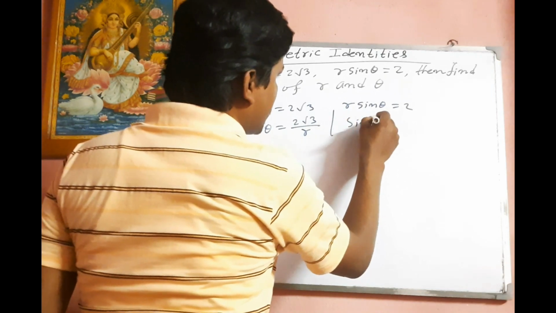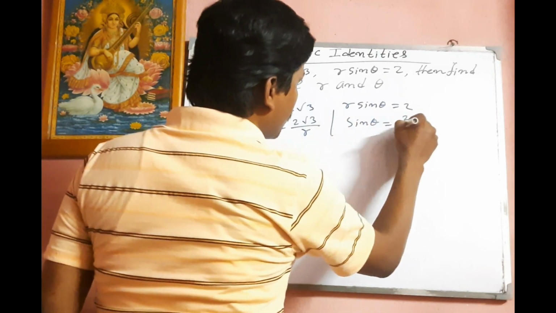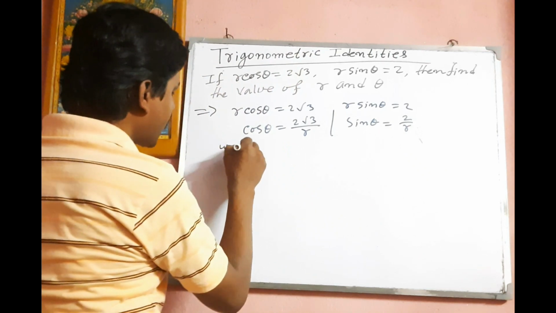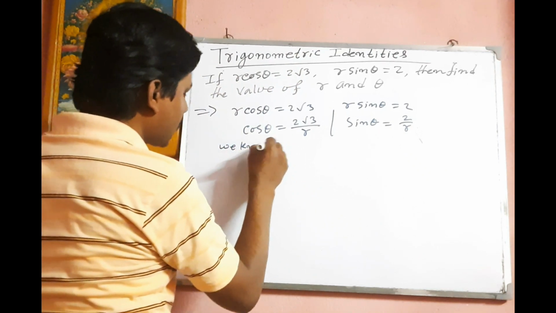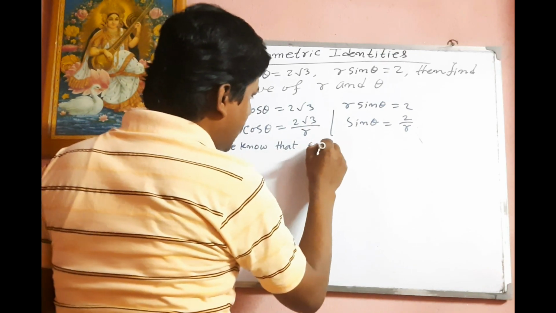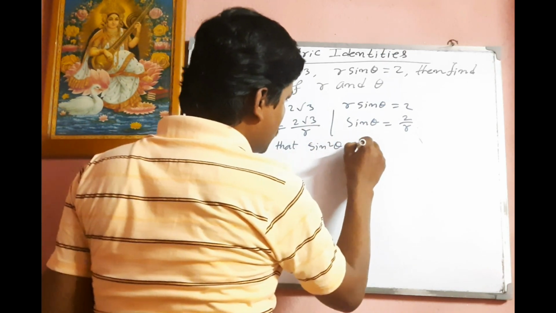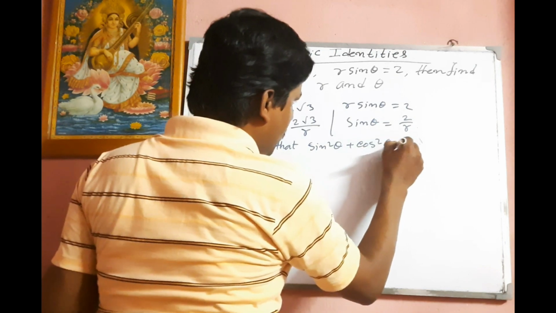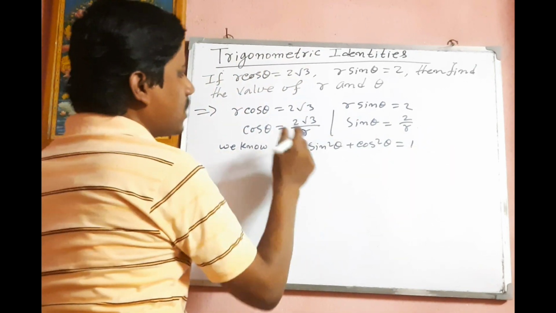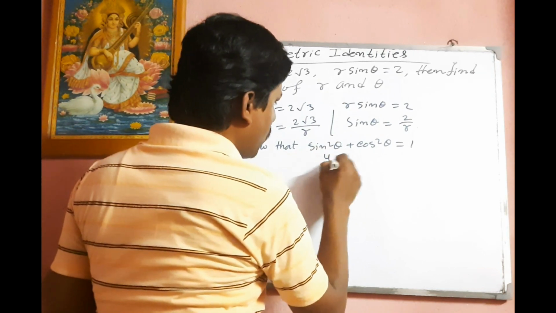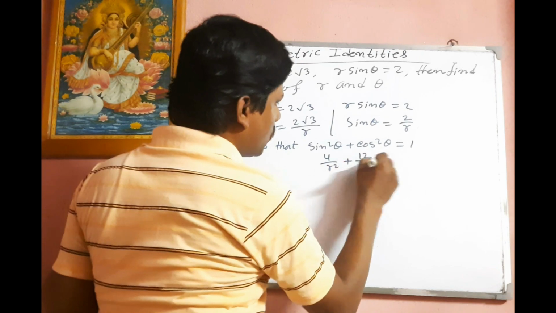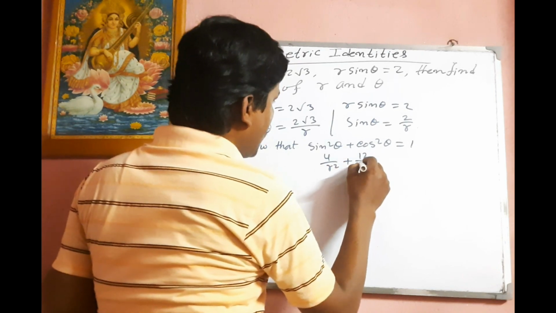Similarly, sin theta is equal to this one. We know that sin square theta plus cos square theta is equal to 1. If we put the values of sin theta and cos theta, then you get 4 by r square and 12 by r square